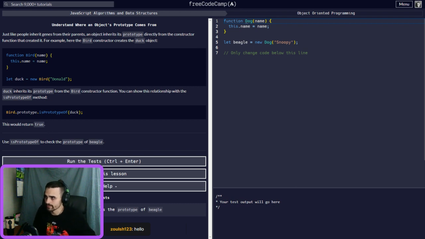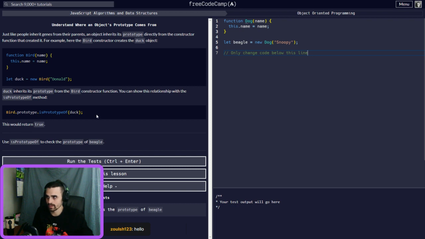So bird.prototype.isPrototypeOf(duck) will return true. Basically it's saying that duck's prototype is the bird constructor's prototype. So it's true, because it's using prototypes, or the new prototype that you're creating.